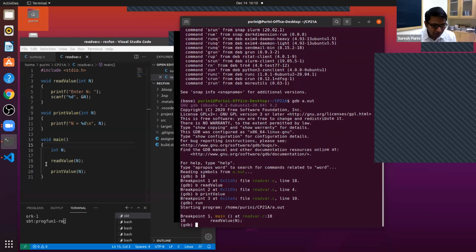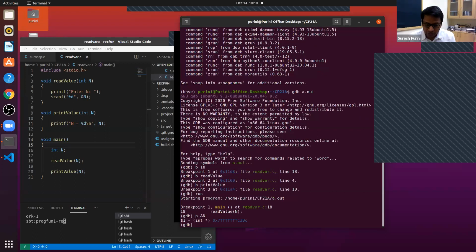So now we are on line number 18. We print the address of variable n. You can see this address. Now I am telling GDB to continue the execution of the program. Since I put a breakpoint on the function read value, as soon as we enter the function read value, GDB will stop the program execution and give us the prompt.